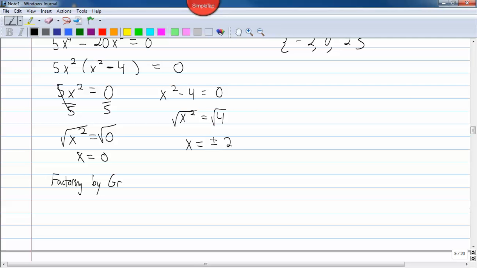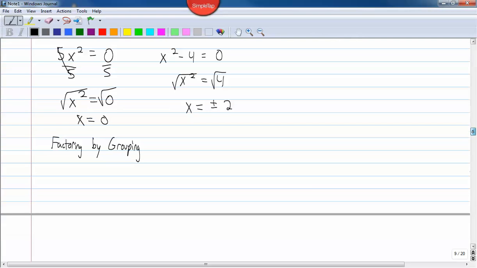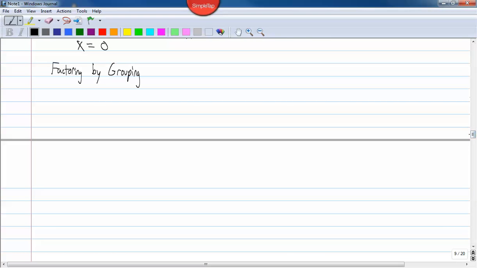I never saw this in high school. And factoring by grouping works usually if you have 4 terms,